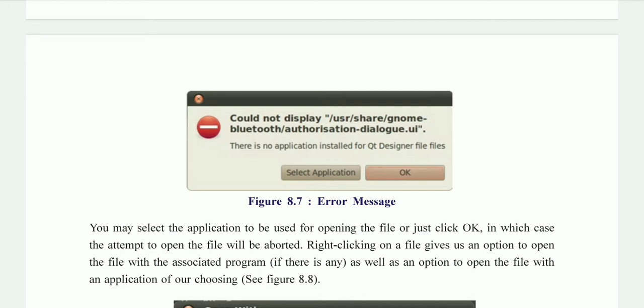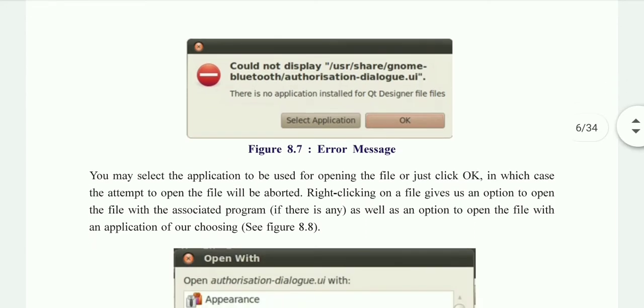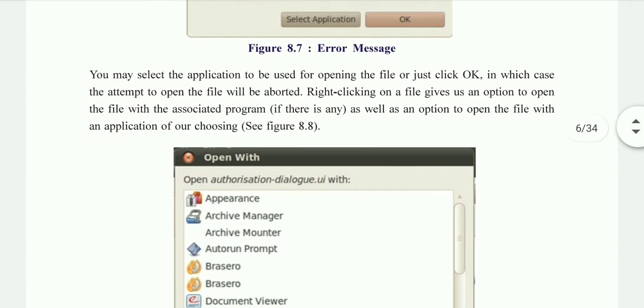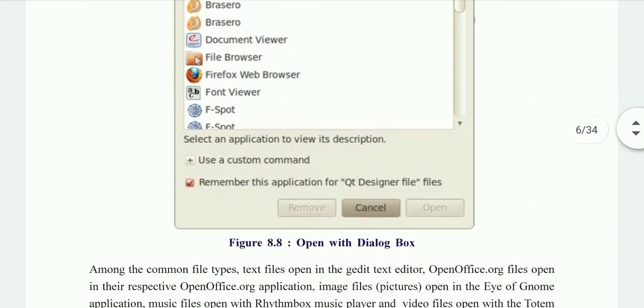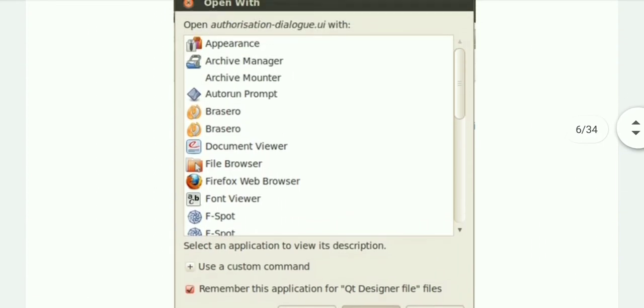When you right click on any file, it will open the context menu, and from that you can select the Open With option. When you select the Open With option, it will suggest other suitable applications in that dialog box. You can see over here, and from this dialog box you can select any application which is suitable for your program.